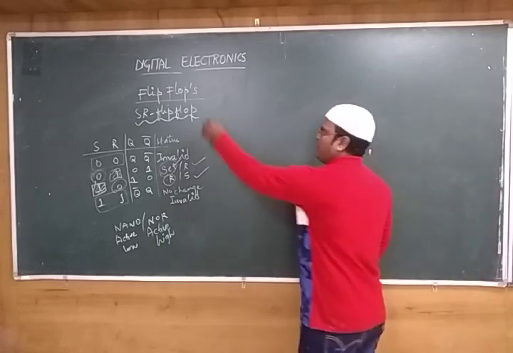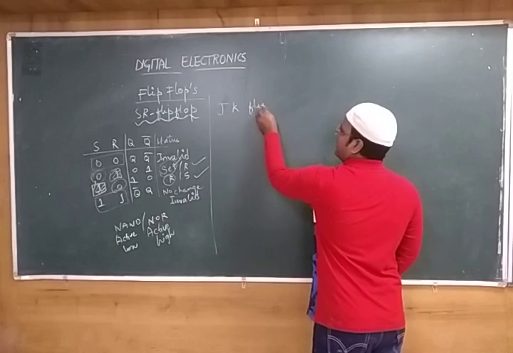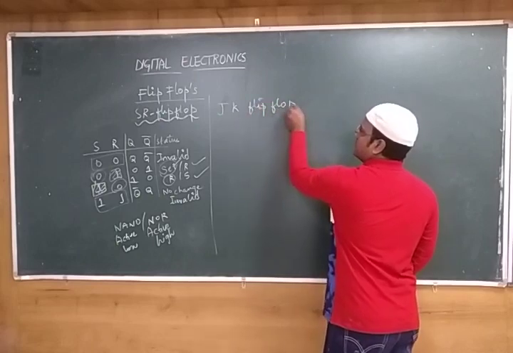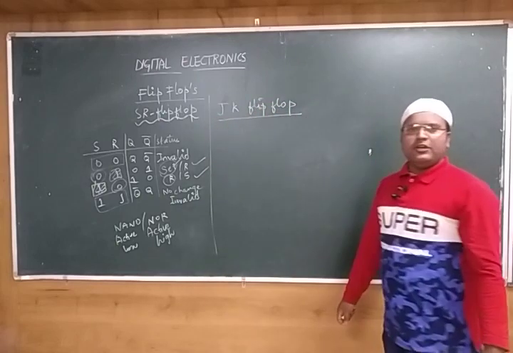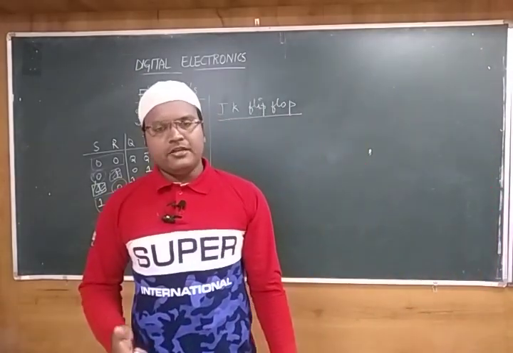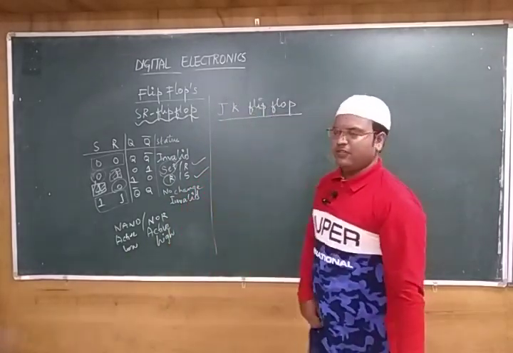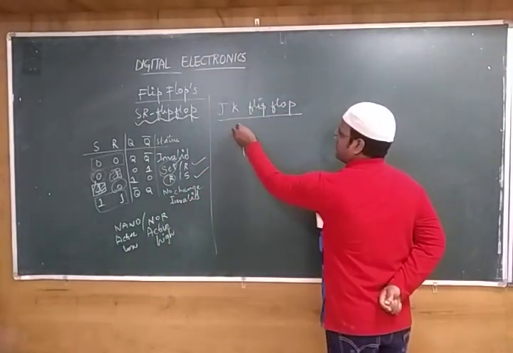Next concept we are going to discuss is JK flip-flop. So first thing we need to do for three kinds of part. One would be the block diagram, second would be writing its truth table, third would be writing its function by using the clock pulses. So for that, first thing I'm writing its block diagram, how it is going to work.